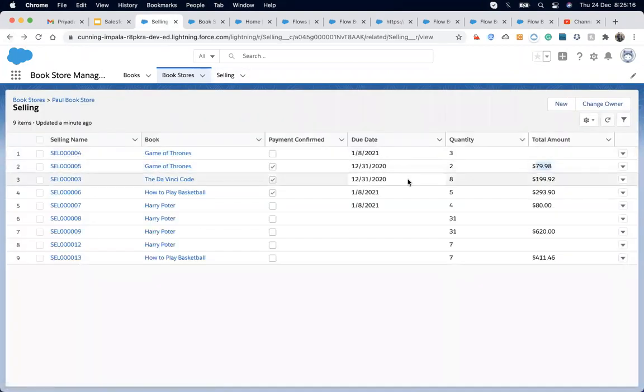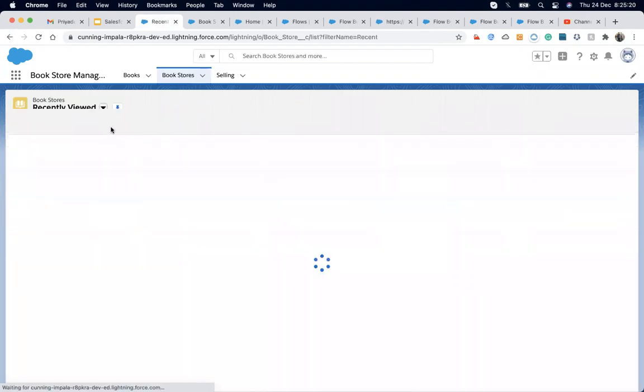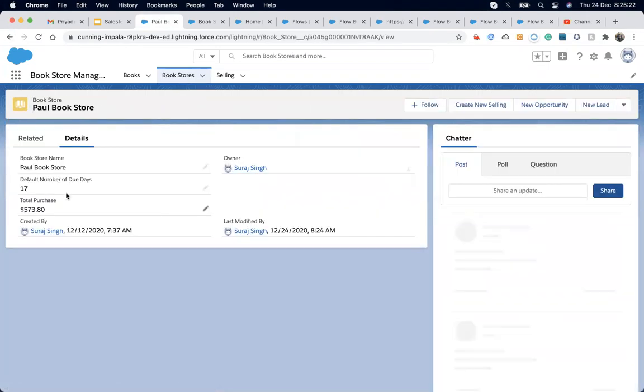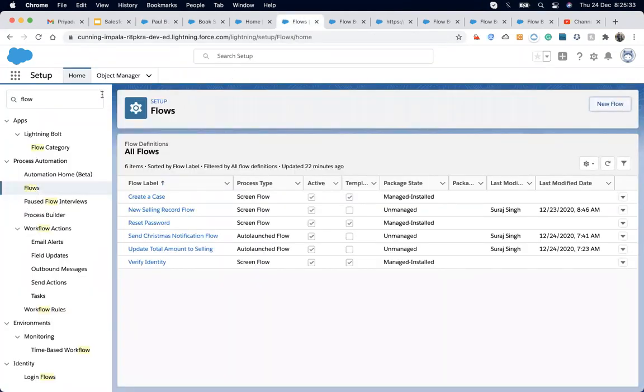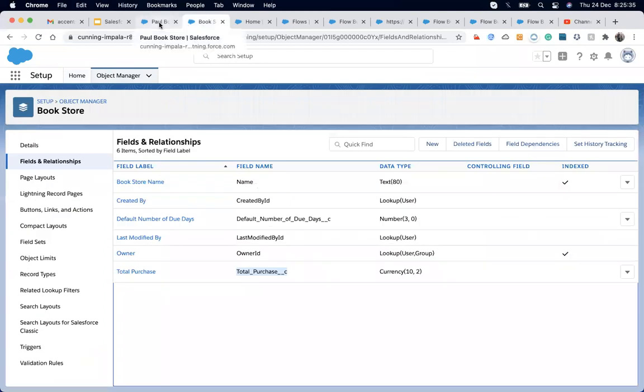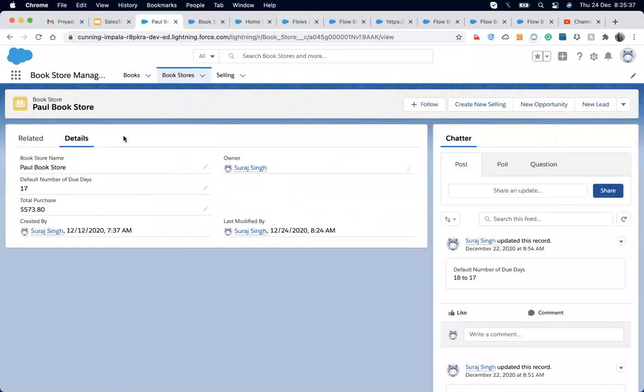If you calculate these 3 values, it comes up here and got updated. So I tested and everything is working fine. Now I'm calling this auto launch flow via process builder. So for the process builder, let's go to the process builder.